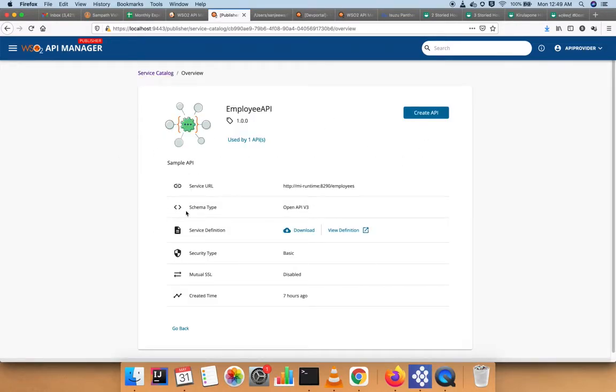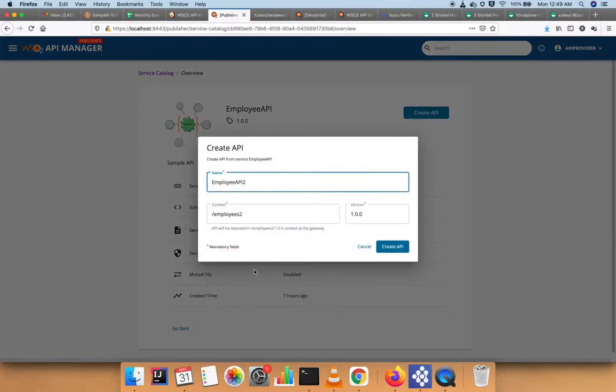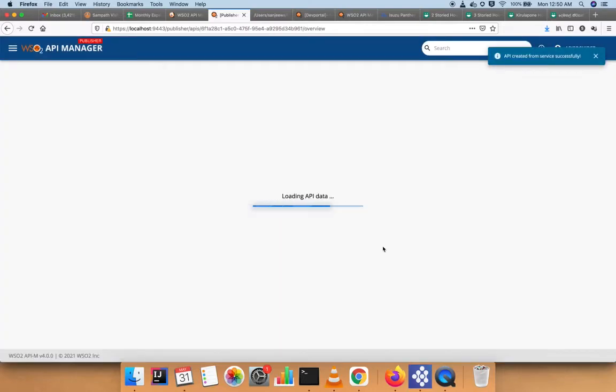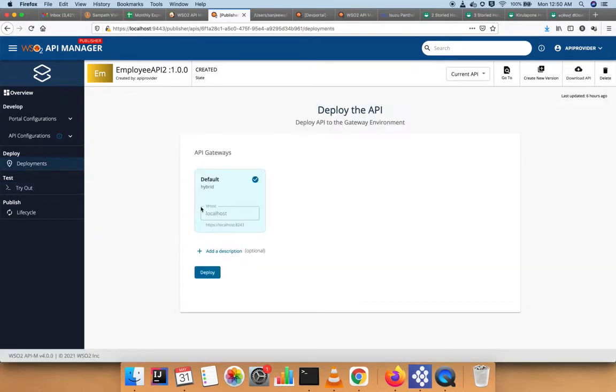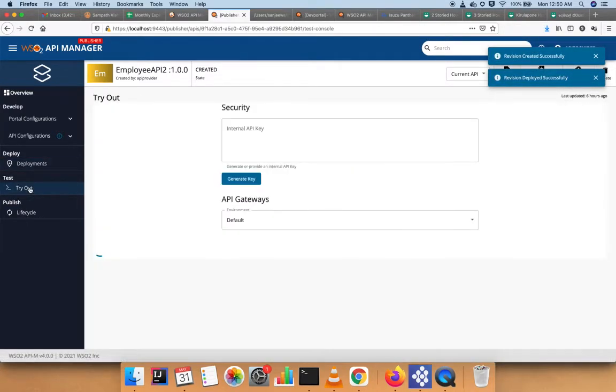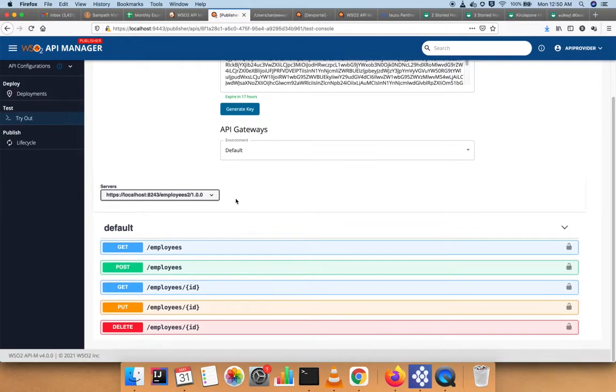So for example, if I need to convert this service into an API, I can convert that with just one click like this. Okay, so I created this API, then I can deploy that. Then I can quickly try this API.